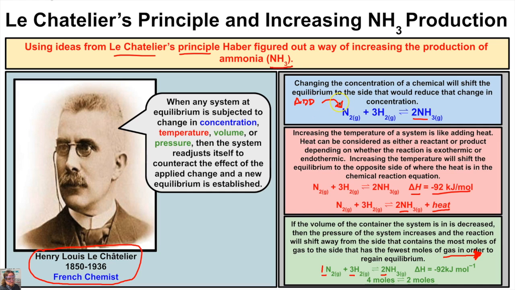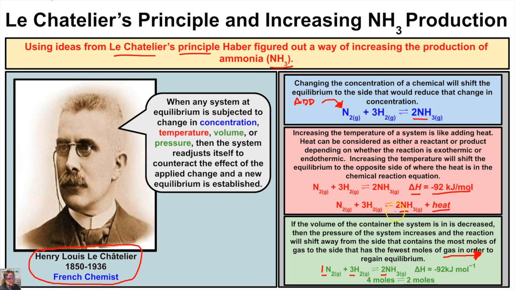Well, if we take a look, we can add more N2, no problem. We have all kinds of N2 in the atmosphere. What else can we do? We can add heat. Yes, that's going to shift the equilibrium to the left. However, it's also going to increase our rate constant and thus allow us to produce more NH3. Lastly, we can increase the pressure, and more ammonia will be produced as the reaction shifts to the right to regain